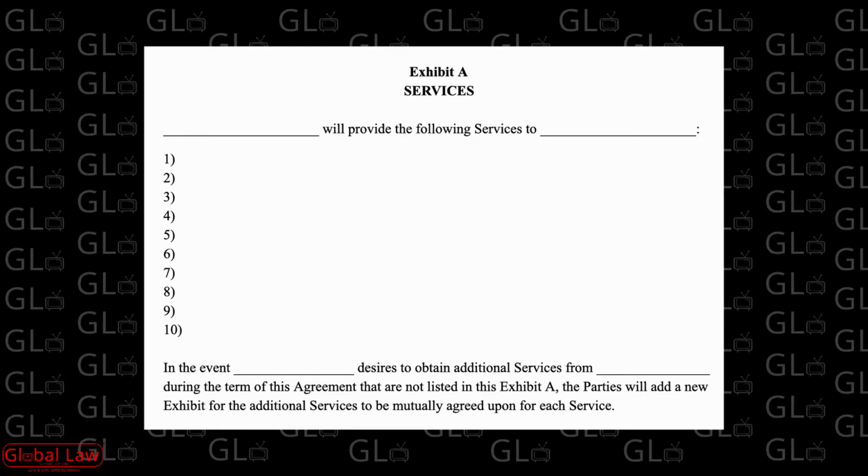But if it's too many services, they may say John agrees to provide the services as explained in Exhibit A. If it may be 20 services that this person agreed to provide, then that may be in a separate document called Exhibit A. But that is equally important, because a clause we'll see later on says this agreement is the entire and sole agreement, including all attachments. So you incorporate those attachments into the document as if it is one complete document, which it is. So that's very important.